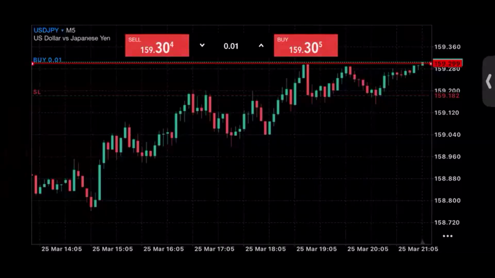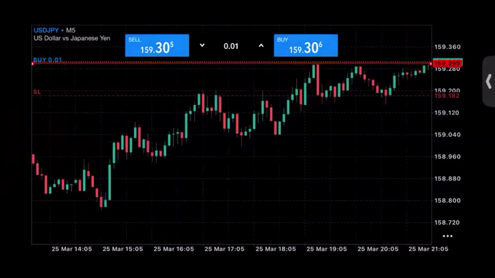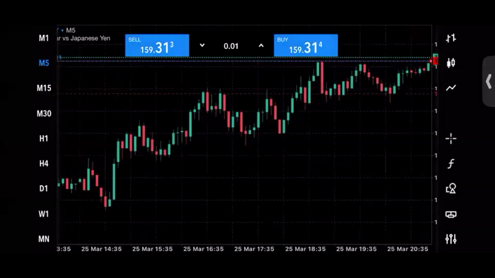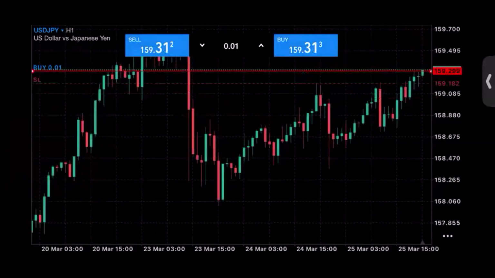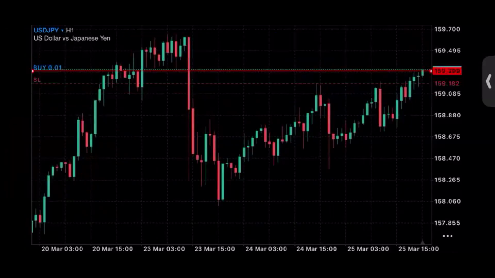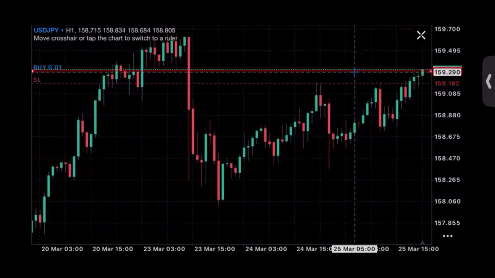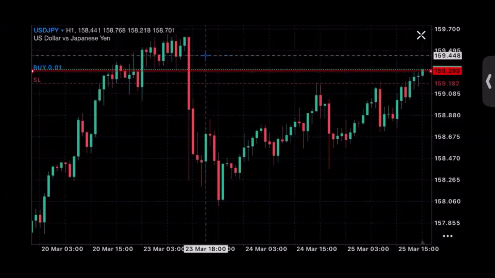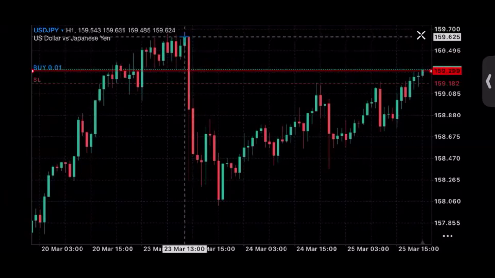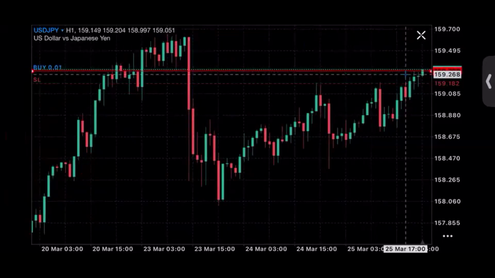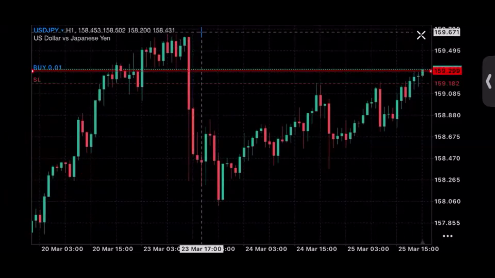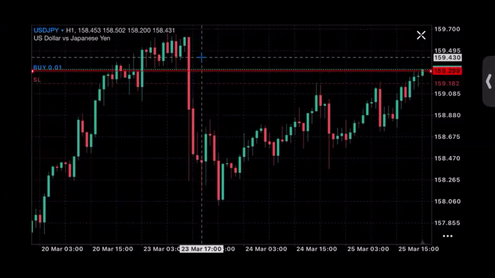Now, what do I do about the take profits? Well, it's quite simple. All I just need to do, I can go to a higher time frame, like the 1 hour time frame, and see where price has gotten to before. On the 1 hour time frame, look at this. If you check this out, you discover that price has actually gotten here before. This is the highest point price has gotten to compared to this point. This is the next high point that price has gotten to. But I'm just going to go below that. I'm going to come to the low of that point here.